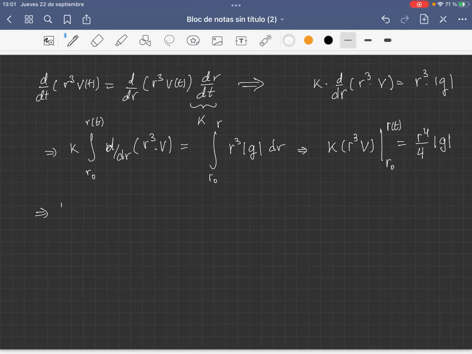So here we'll get that k times the radius at a specific time with the velocity minus the radius in the initial instant that will correspond to an initial velocity will be equal to the radius times g. So now we can put everything to the right hand side,